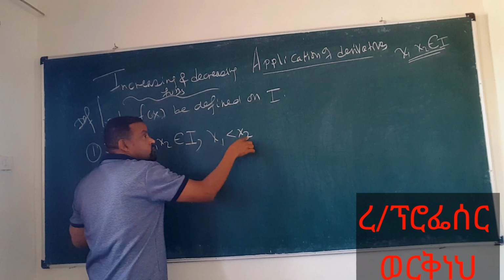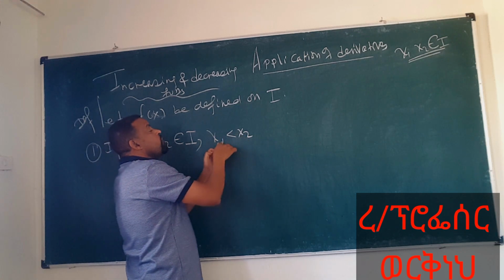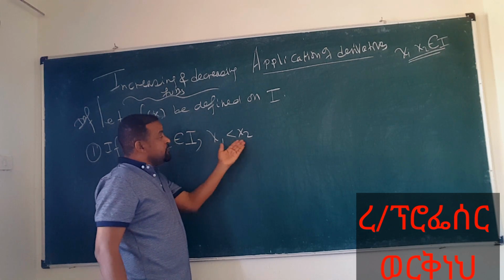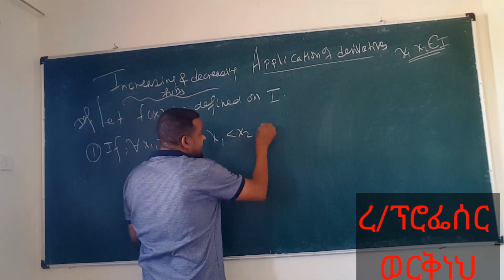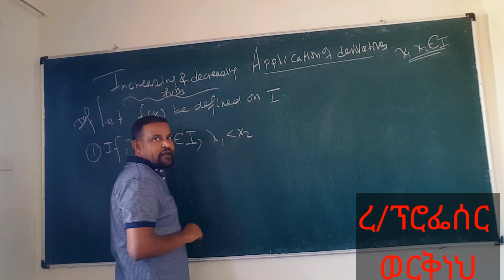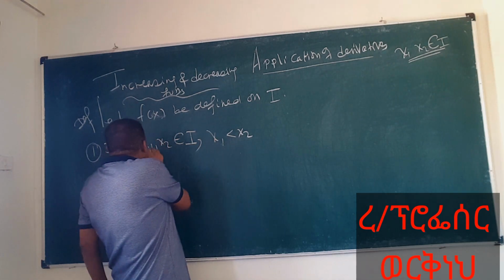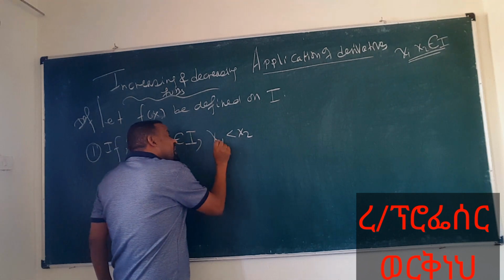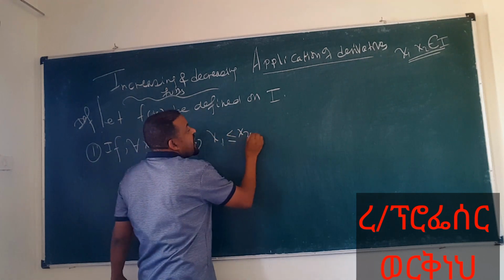Now x1 less than x2 means that going from x1 to x2 the values of x are increasing: x1 less than x2 less than x3 less than x4, and so on. So for all x1 and x2 coming from the interval I, x1 less than x2 implies